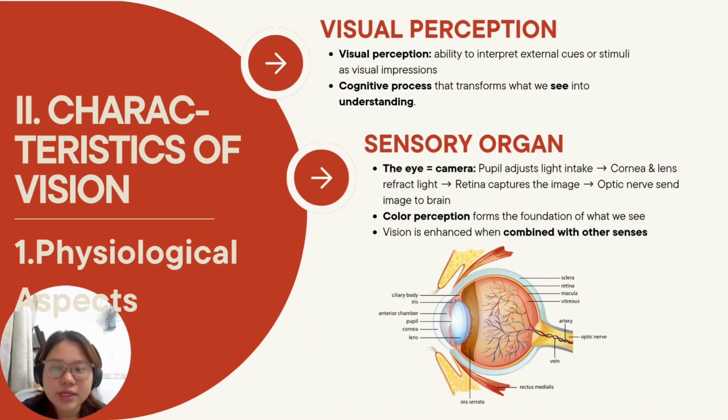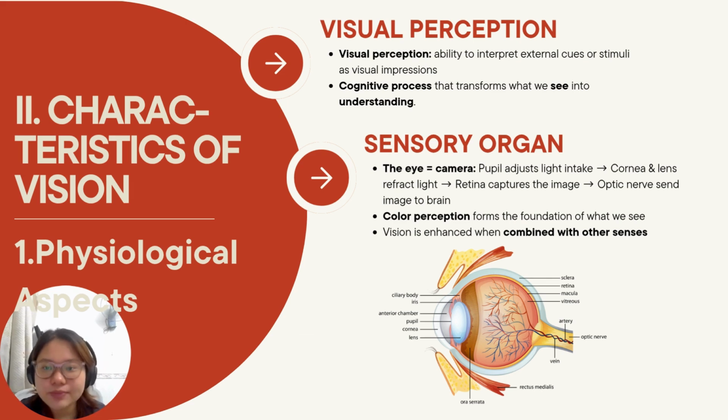Secondly, we talk about the sensory organs of the eyes. The eyes actually function like a camera. As you see, the pupil and the iris adjust the light intake, and the cornea and the lens will reflect the light. The retina will capture the image and then send it to the brain via the optic